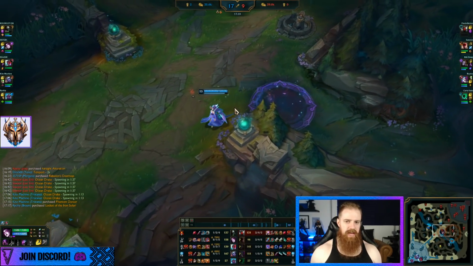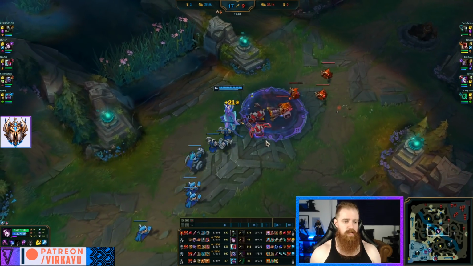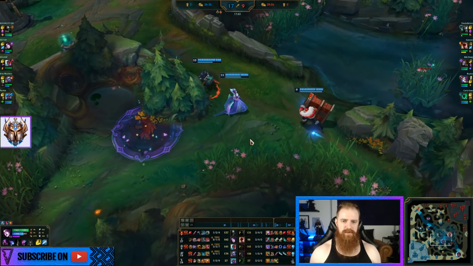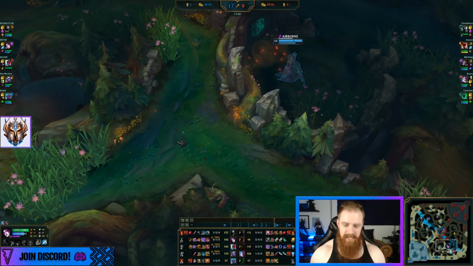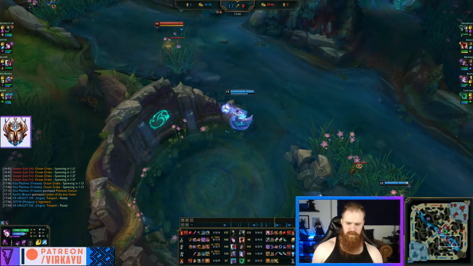We know Thresh is here now though, so a bit more caution. You can wave clear as well. There's a dragon spawning. Okay, we've got nice deep vision here. Don't take my stuff. Hey. Here we go. This is it. So 162 CS to 98. Let's slap on everyone's vision so we can see the damage output from the...